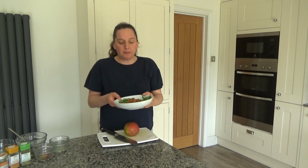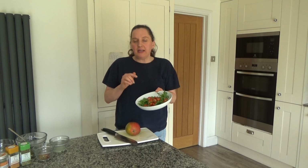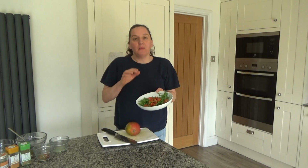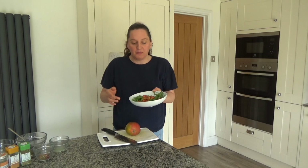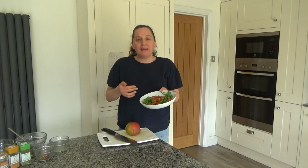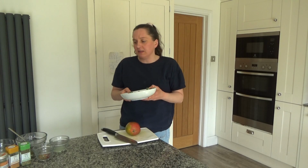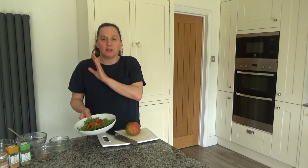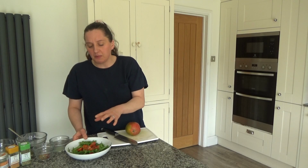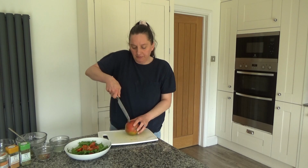So for this recipe, in this bowl here, I have about a handful of rocket, a large handful of rocket. They call that arugula in America, but we call it rocket in the UK, don't ask me why. And then I also have about 10 chopped tomatoes. So I'm making this salad for me today, so I've sort of quartered all of the ingredients, apart from when it comes to the dressing, and I'll explain about that later. But yes, so I've got about 10 tomatoes that I've chopped in half, and I'm going to slice up the